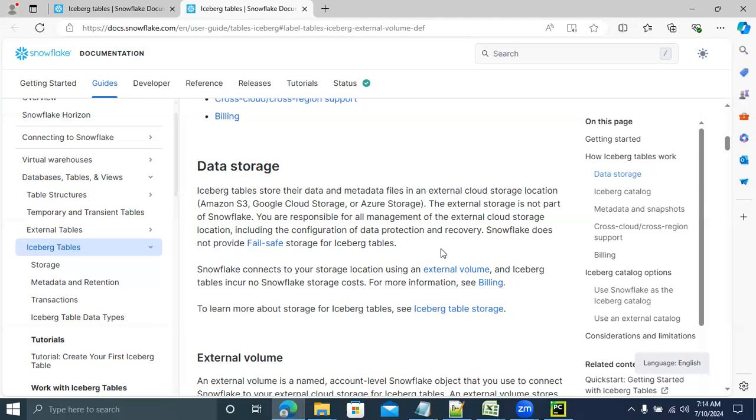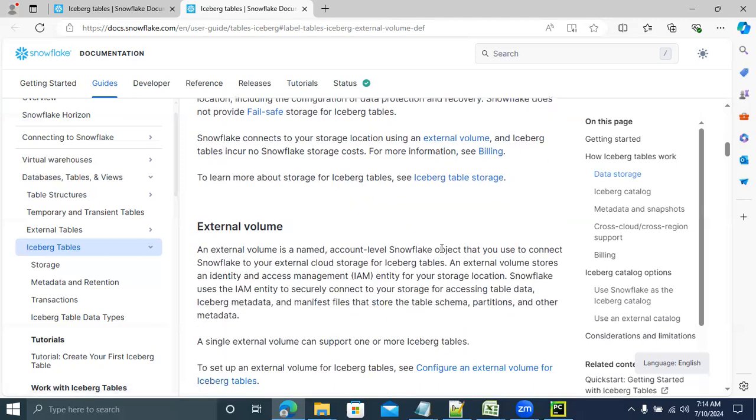Now, one more thing you have to keep in mind while working with Iceberg tables is the external volume. Whenever you want to connect your external storage, you'll use a storage integration. I already covered external tables as well as Snowpipe.